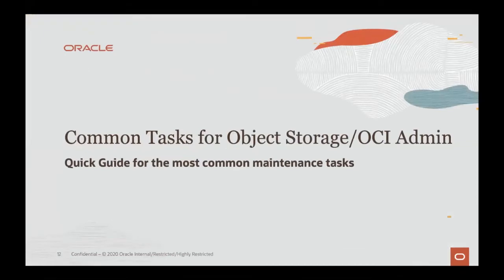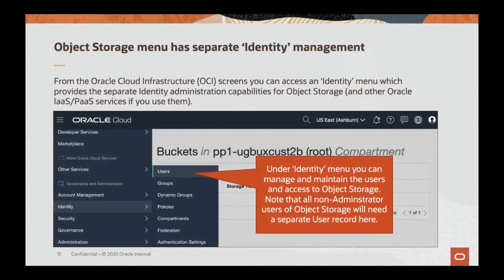Now we're going to switch gears over to object storage and review how identity is managed for object storage for the folks who need to be able to either upload or download files that are being processed by the enterprise SaaS service. You had previously set up a linkage to your object storage, a bookmark for object storage. If you go to that screen, the default view would be of your buckets and compartments and so forth, and you go to your hamburger menu and all the way to the bottom, you'll find an identity menu option with